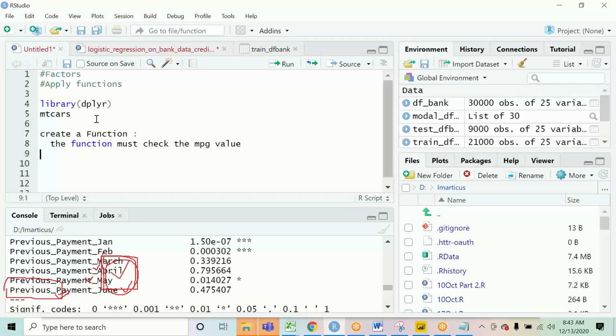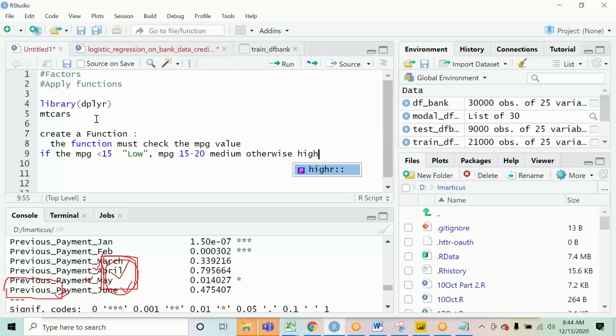If the mileage, the mpg, is less than, say, 15, the output should be low. If the mpg is between 15 and 20, it should say medium, otherwise high.